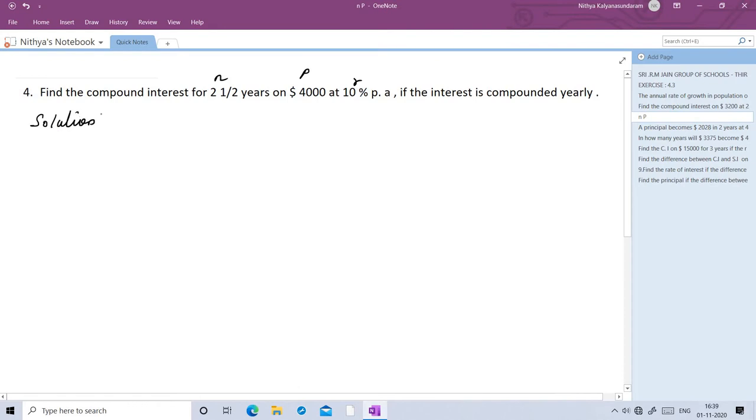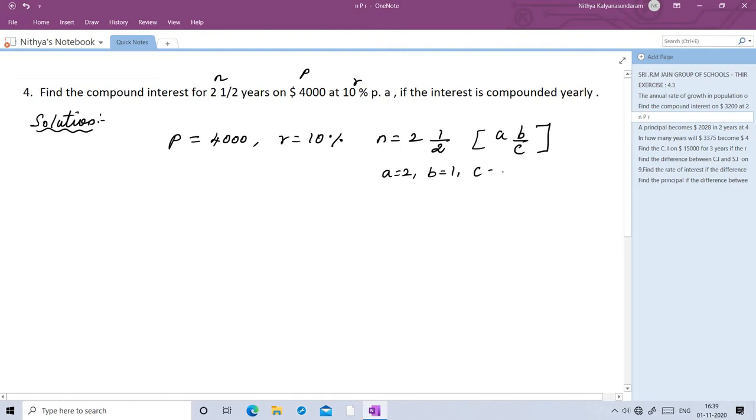N is given as a mixed fraction, so we want to use the A B by C formula. Principal is equal to 4,000, R is equal to 10%, N is equal to 2 1/2. That means A is equal to 2, B is equal to 1, C is equal to 2. So once it is in the format of A B by C, the amount formula is